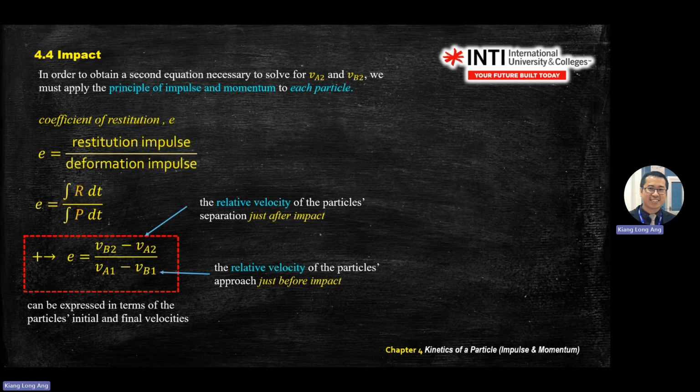You always take, because A is faster than B before, and after impact, B moves faster than A after impact, we will always get a positive value for the coefficient. The coefficient is always positive. Okay, so in this case A is faster than B before, and B moves faster than A after. Okay,